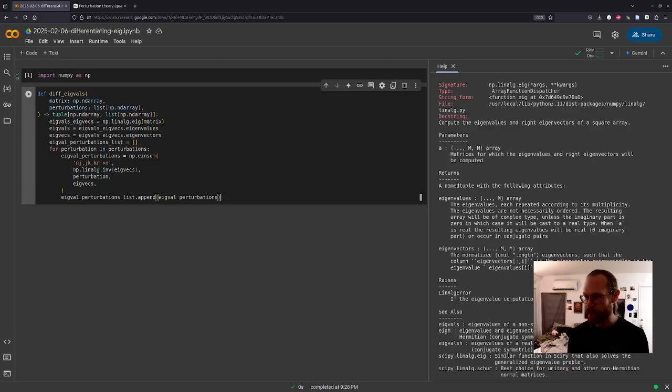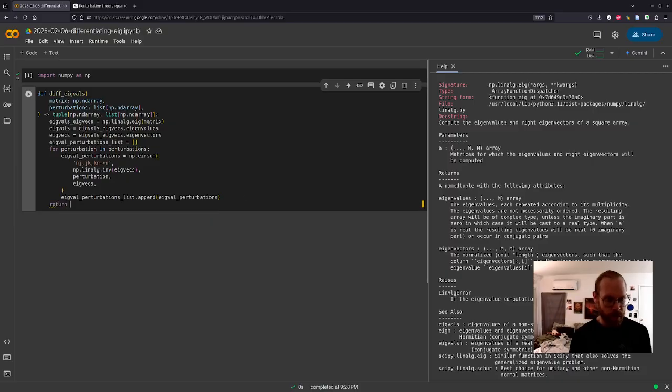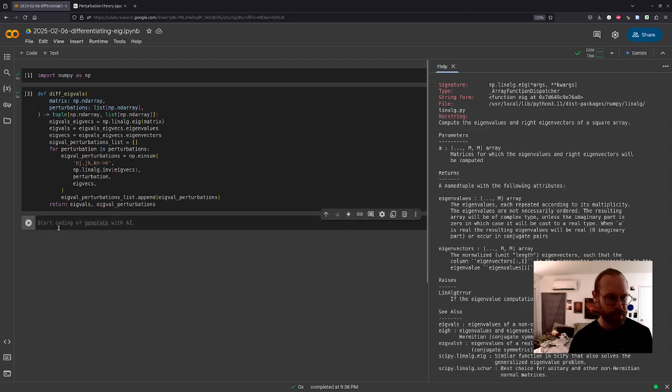This is some very Pythonic code. And we'll return eigenvals and eigenval perturbations. Okay, and now here I can just make some random matrices.